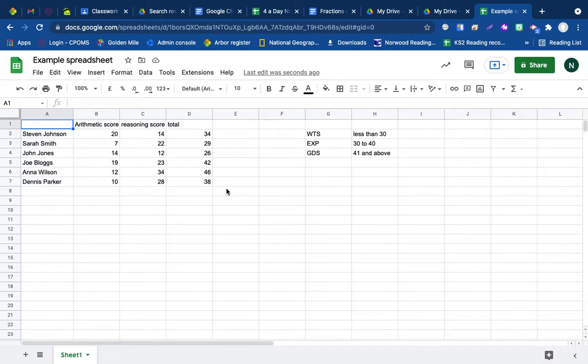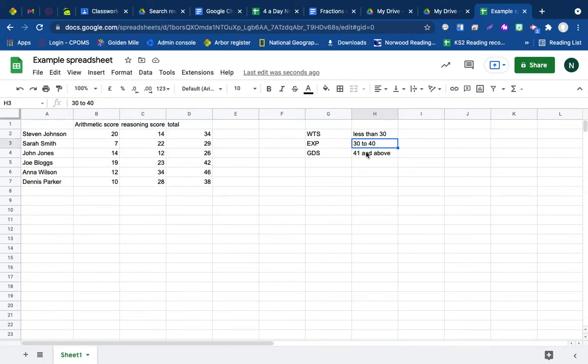Okay, hello everybody. So last week we looked at making totals by using the sum formula, and we worked through how we can add sets of data to create a total. This week we're going to look at conditional formatting. So what I've done now is I've set some kind of boundaries for what is going to be working towards,